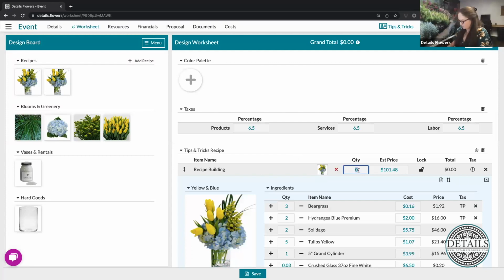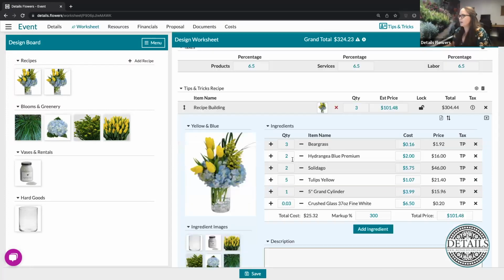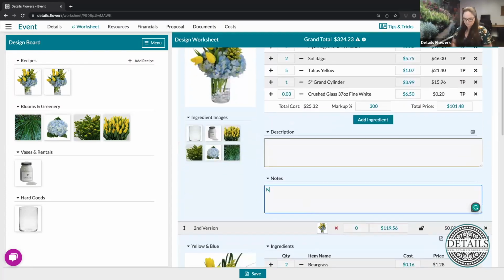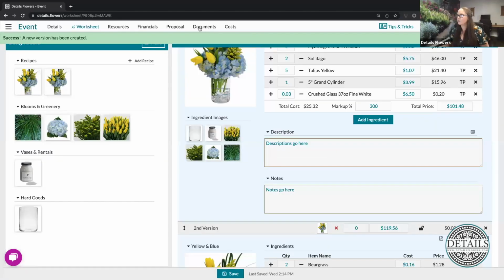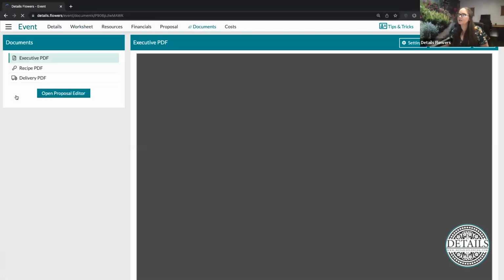Okay, so I'm going to go ahead and just put in a quantity of 3, let's say, and put notes go here, and descriptions go here. And then I'll just go ahead and save that as a version. Okay, so underneath the documents in the recipe PDF area, you can print out a full list of the recipes